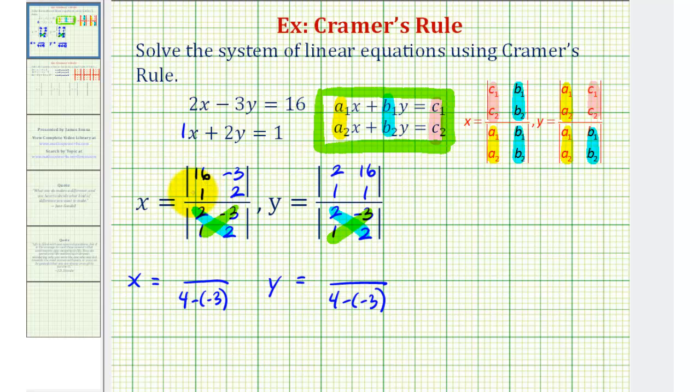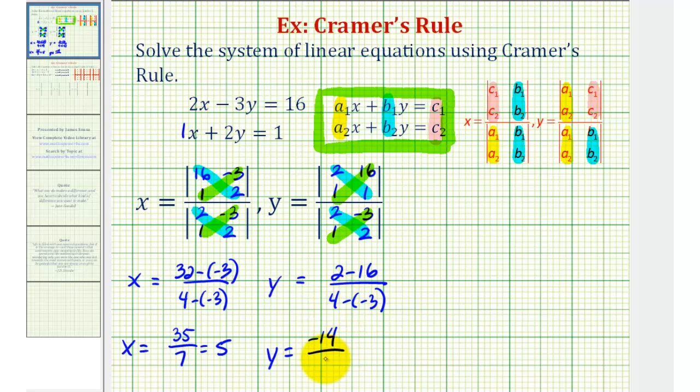The numerator for x, we would have 16 times 2 minus negative 3 times 1. And then for the numerator for y, we would have 2 times 1 minus 16 times 1. Well, that would be 2 minus 16. So we would have x equals, this would be 35 divided by positive 7, which is equal to 5. And for y, we would have 2 minus 16, that's negative 14, divided by positive 7, which is equal to